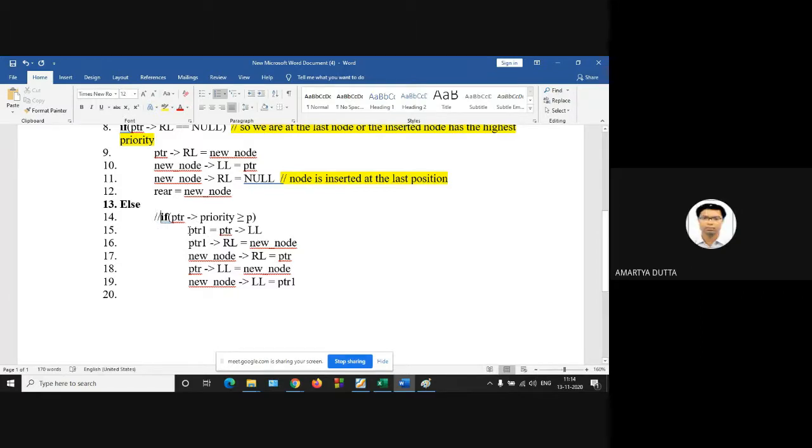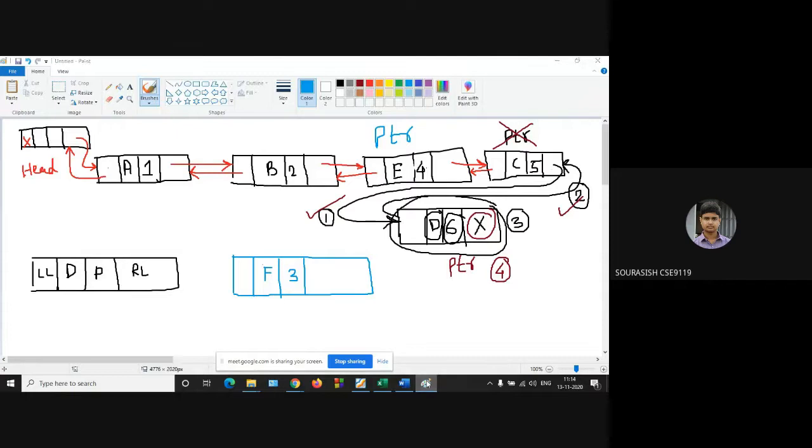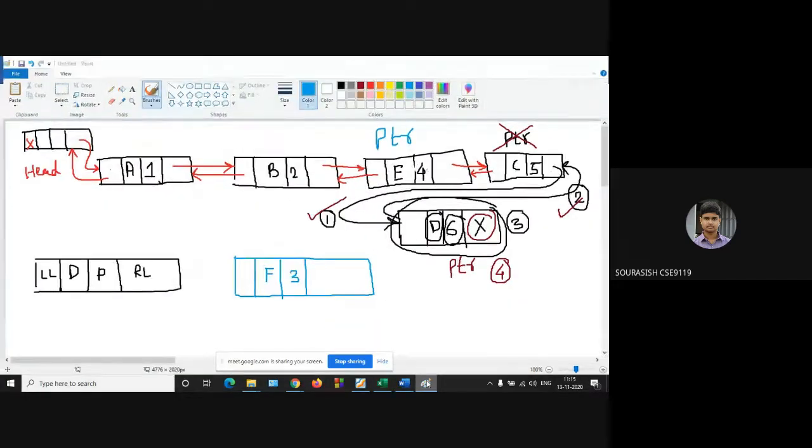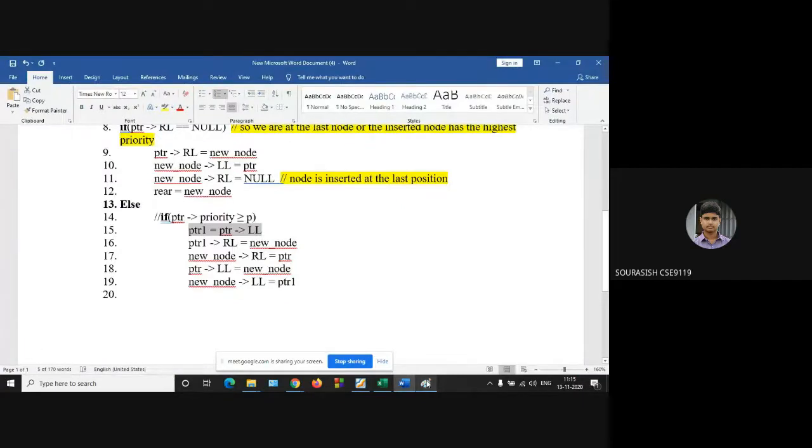So line number 15, how to implement line number 15? It will be normal. PTR of left link will be this B part, so B is equal to PTR1.